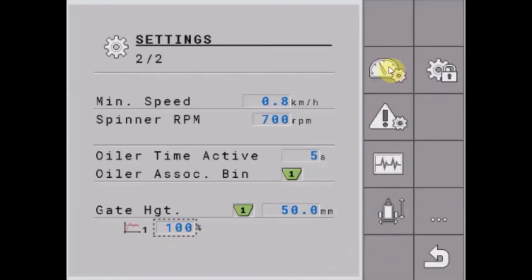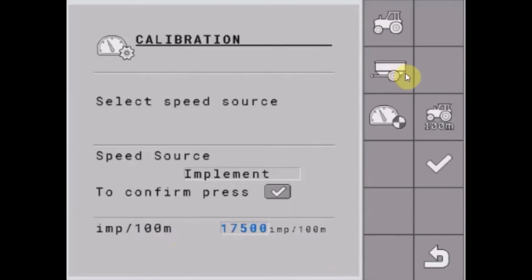So the next one we're going to look at is our speed source. So we have three options here. We have tractor, where we can have the tractor's GPS speed or radar or wheel speed sent over the ISOBUS CAN to the implement. The next one we'll have is implement. If the implement is fitted with a wheel speed sensor of its own, we can run an actual 100-meter course and work out how many pulses per 100 meters, which I've done here, and use the implement as the speed